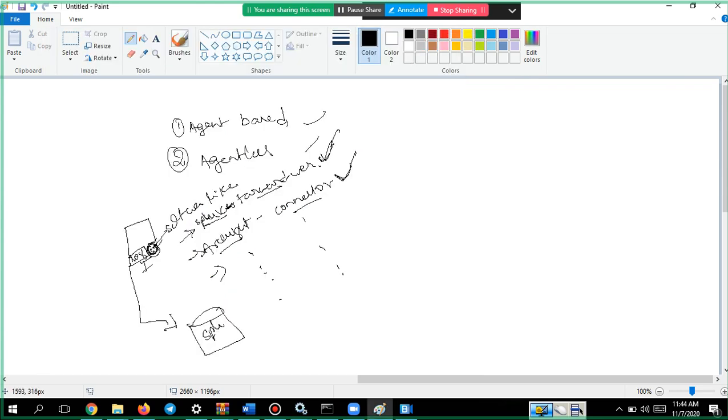Where I have installed the Splunk forwarder, that is called an agent software. After installing the agent software and telling it from where to start sending the logs to Splunk, you still cannot send the logs directly to that machine.